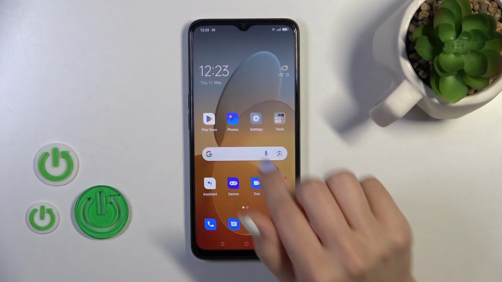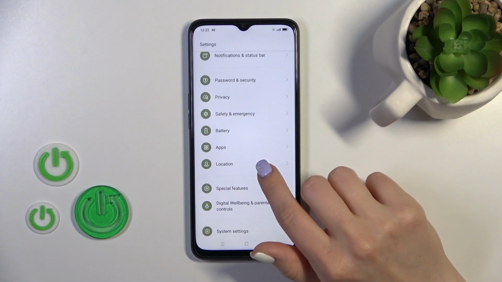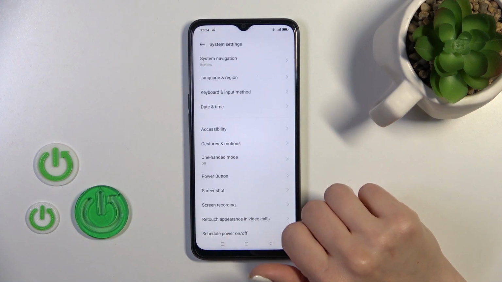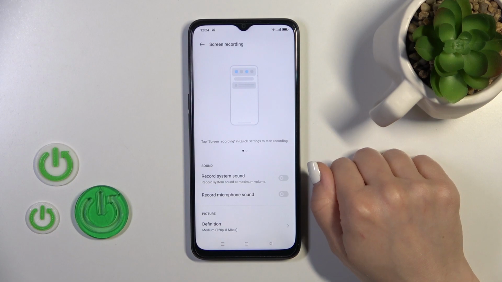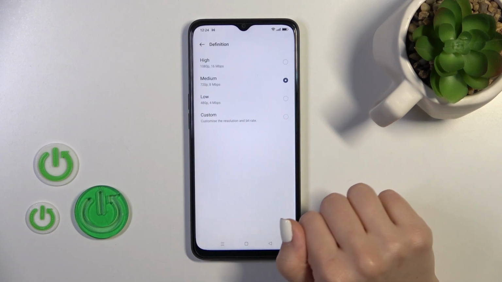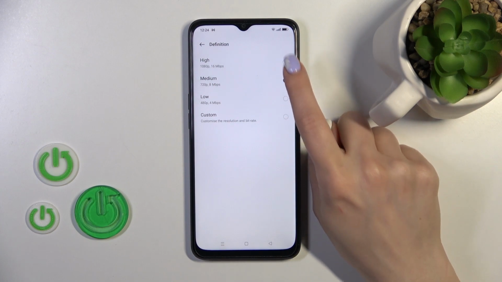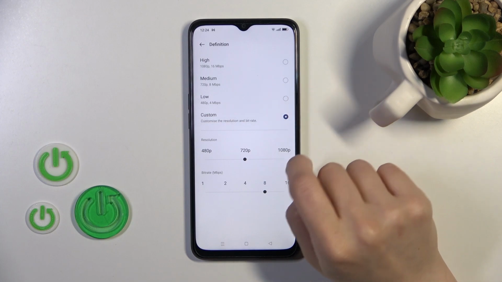So we should first open the settings application and then scroll down to the system settings, then tap to screen recording settings section and you'll see here picture section. Click to definition and by this way you'll switch the quality from medium to high, low, or to set the custom